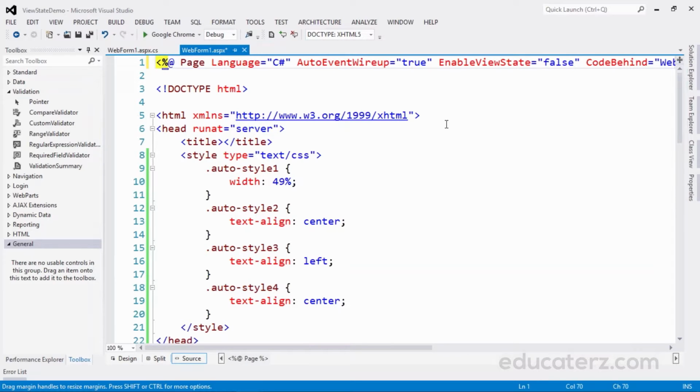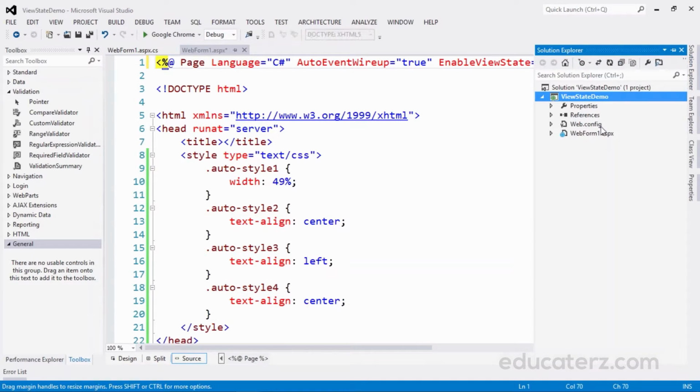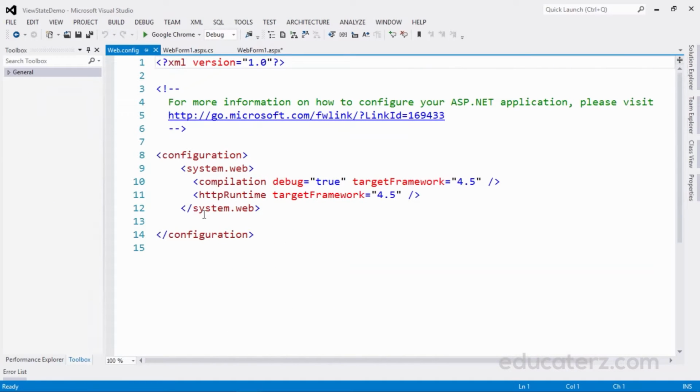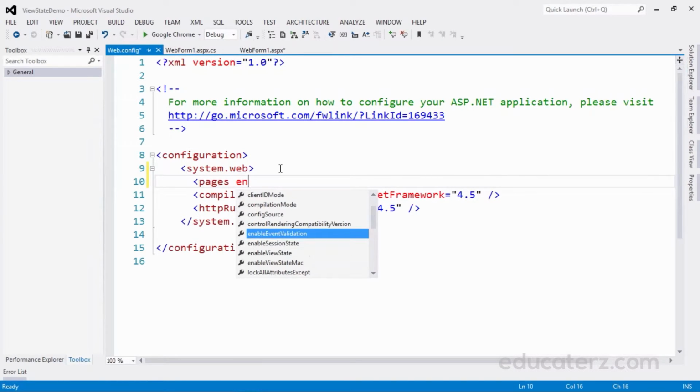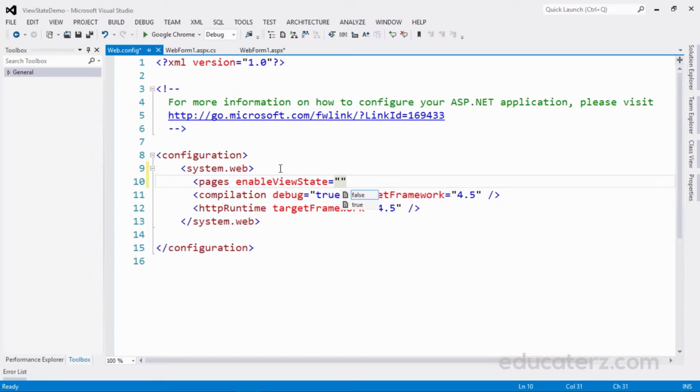If you wanted to disable view state for the entire application, go to the web.config file. Here, under pages, you can set enableViewState equal to false.